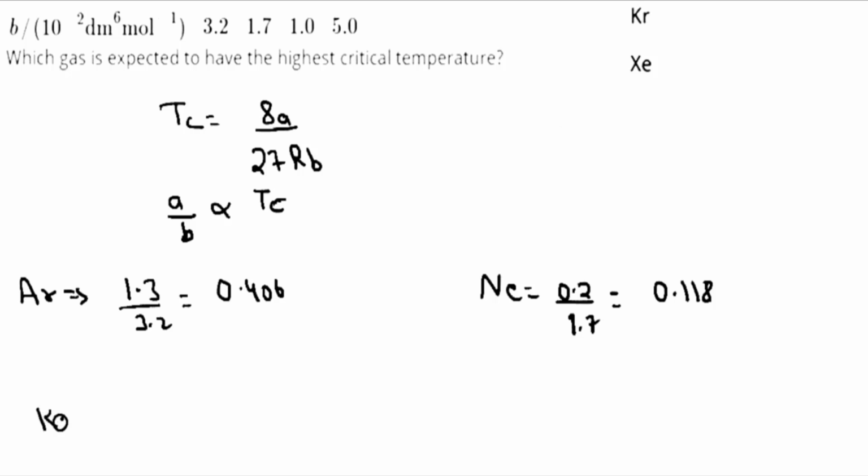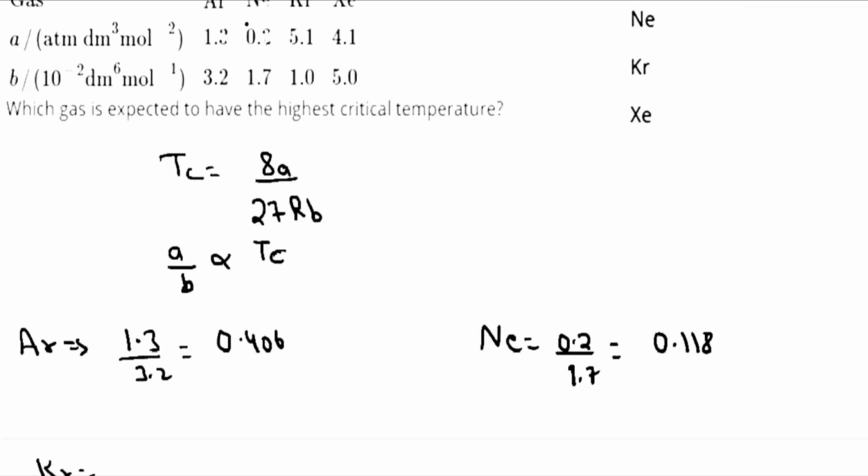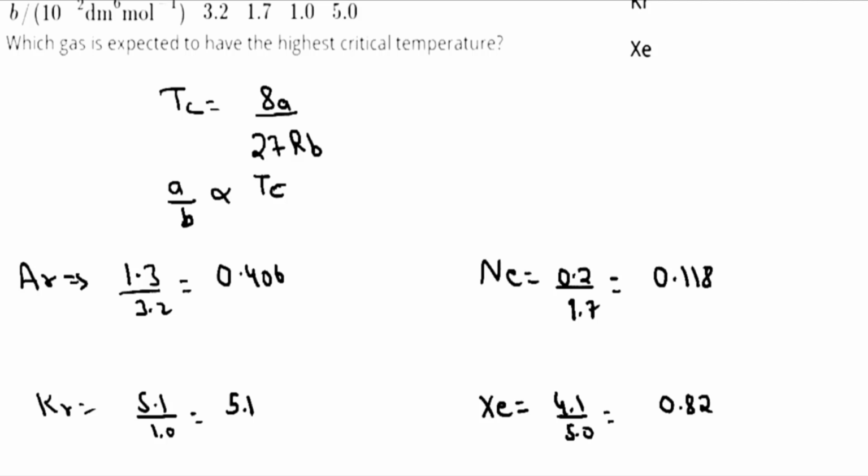Krypton has the A by B value equal to 5.1 divided by 1.0, which will be equal to 5.1, right? Now if we talk about the xenon, xenon has the value 4.1 divided by 5.0, which will be equal to 0.82. So now as we can see here, the krypton has the maximum value of A by B,